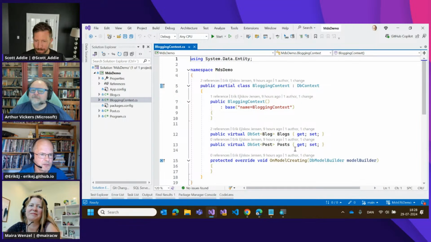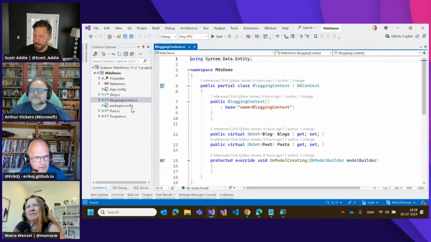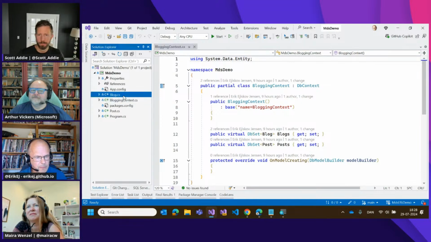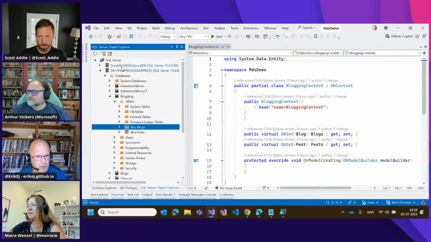Cool. So I have created this app, and it's actually based on a getting started guide for EF6, which is a blogging database. I have run a couple of scripts to create the database and added 2 tables to my local database.